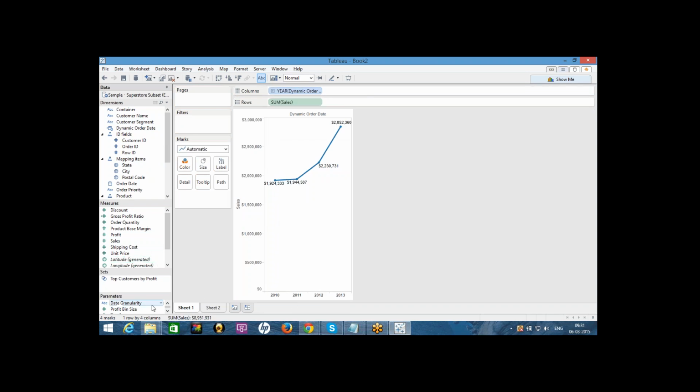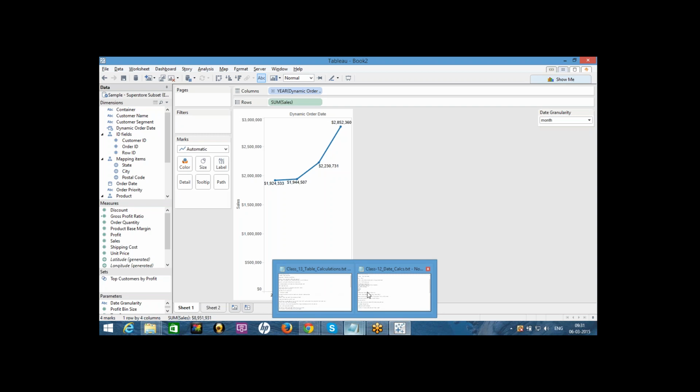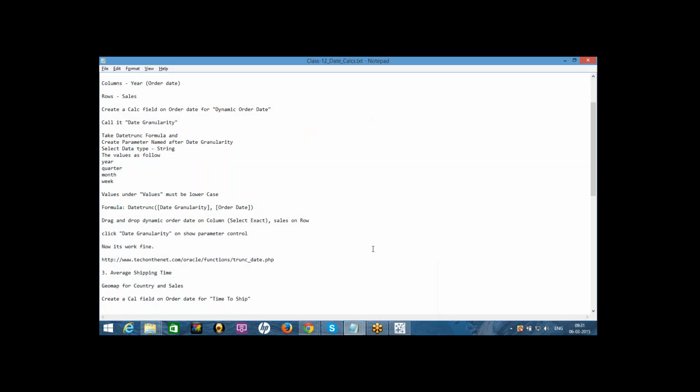Okay, let us click on date granularity, show parameter control. We did it right, but there is something which we are missing here.